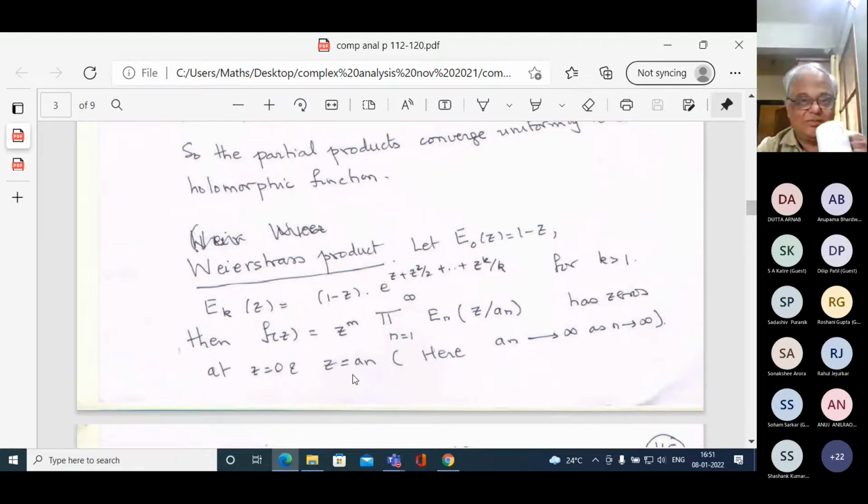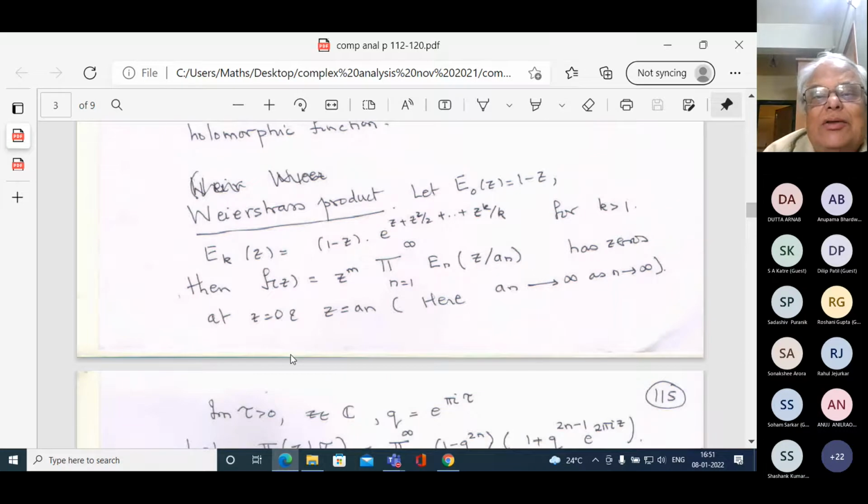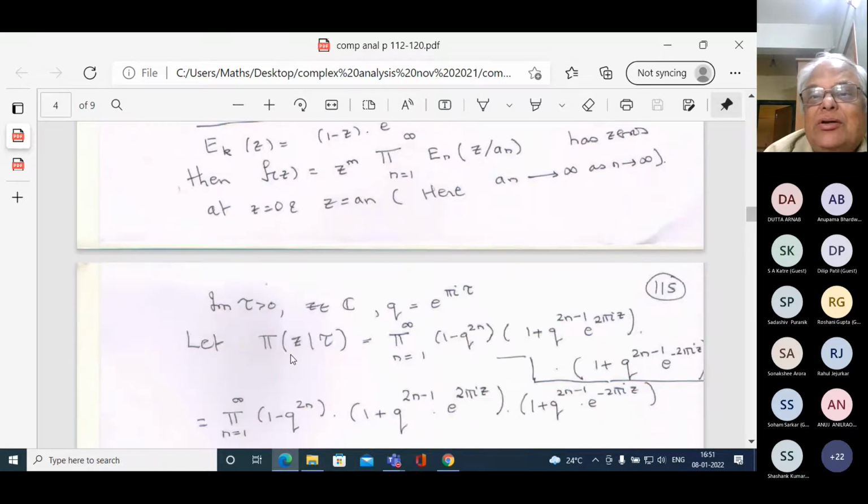any sequence of complex numbers which tend to infinity, you can find a function f which is holomorphic, which has precisely those an's as the zeros of f. So given any sequence an which tends to infinity, the point is that you can find a holomorphic function f which has those an's as its zeros. Okay. I don't really need this right now, so we are not spending time